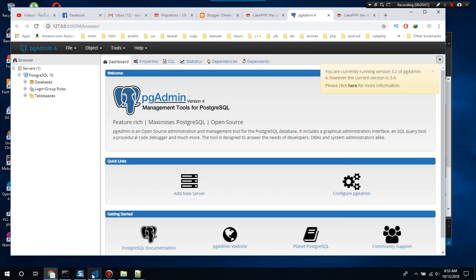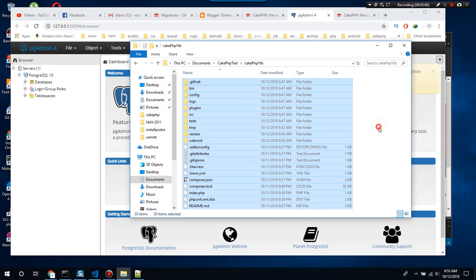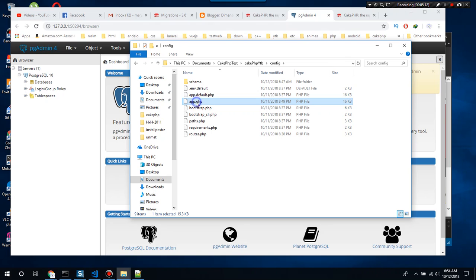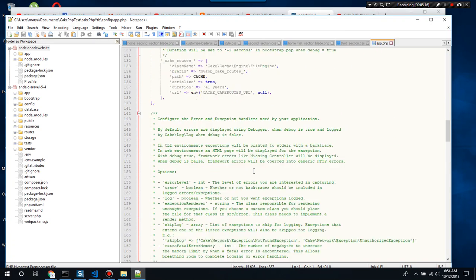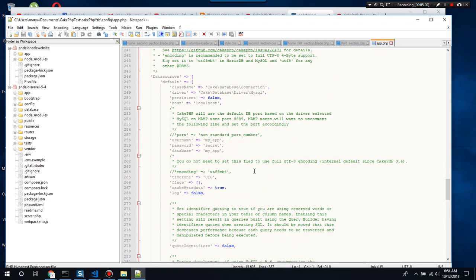So the next thing we're going to do is just open the configuration file app.php, and then we change this one to Postgres, and the username is postgres.